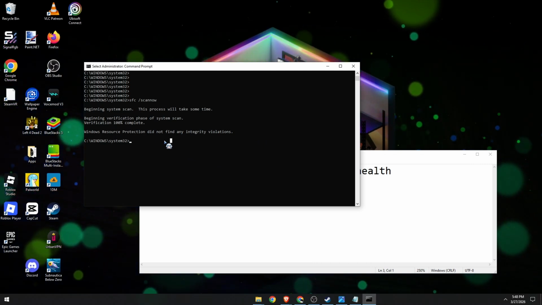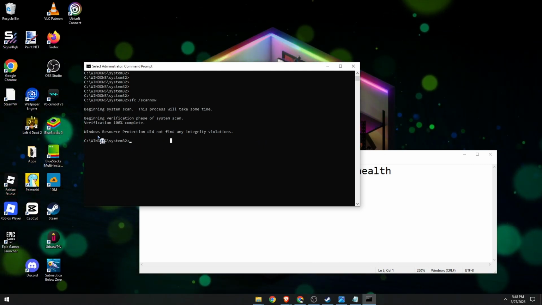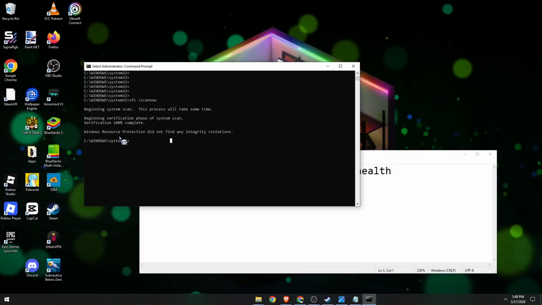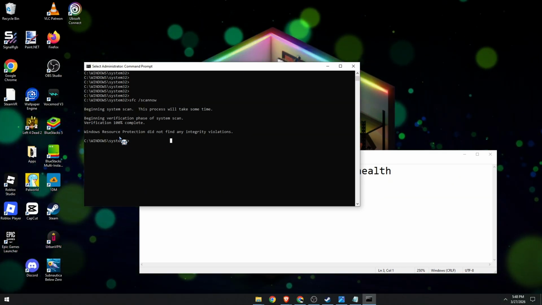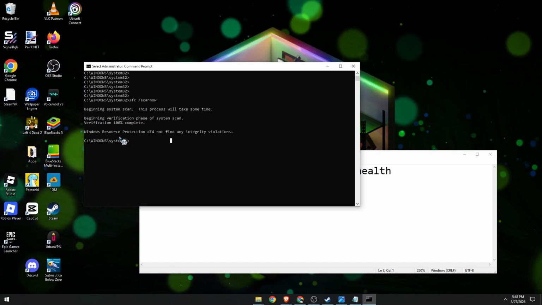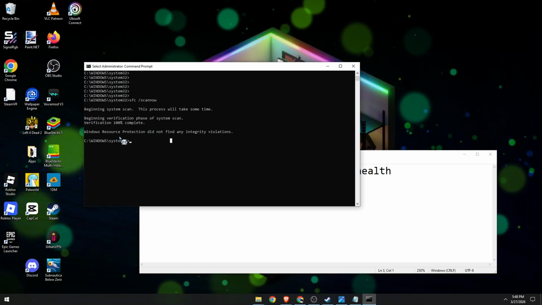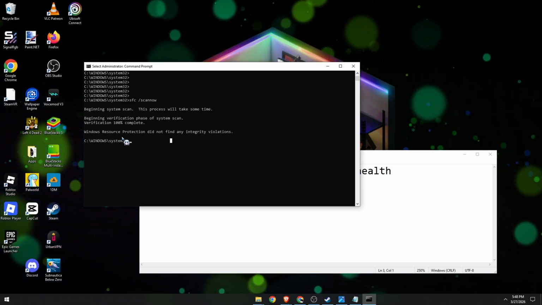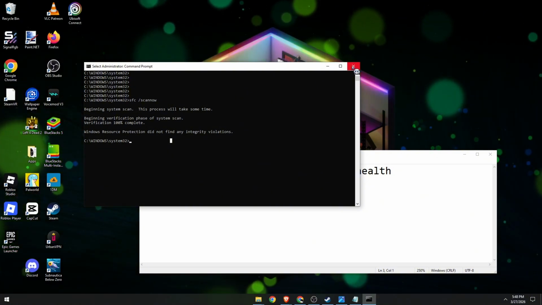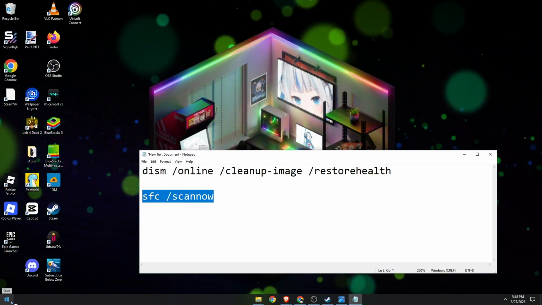The SFC scannow is complete, shows in here. Nothing has been found. Otherwise, it will show a message saying corrupted files found, Windows has successfully fixed those for you, and you can now close this. Next step would be to go to your Windows Start menu,